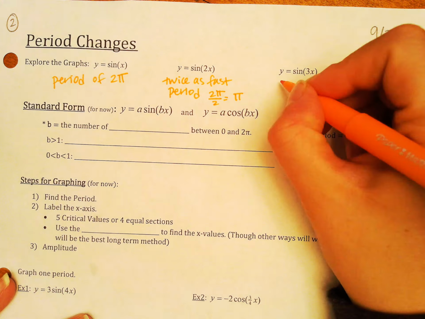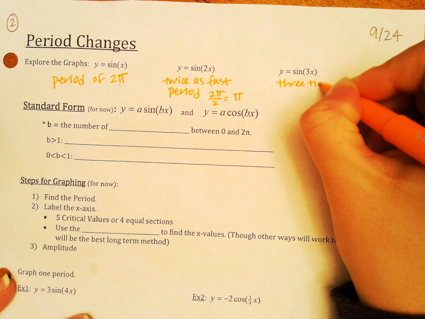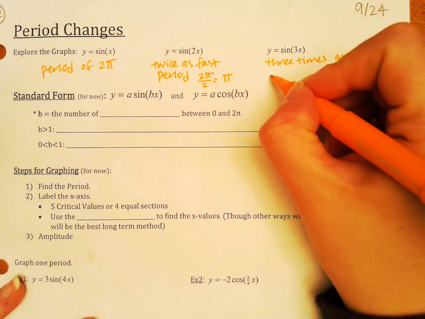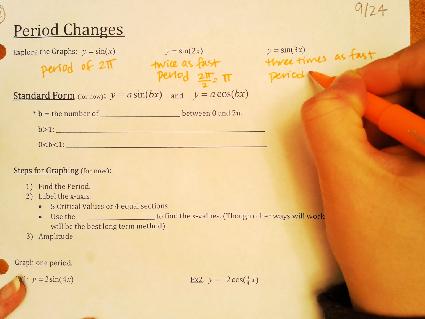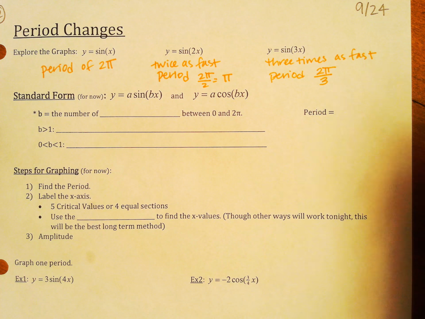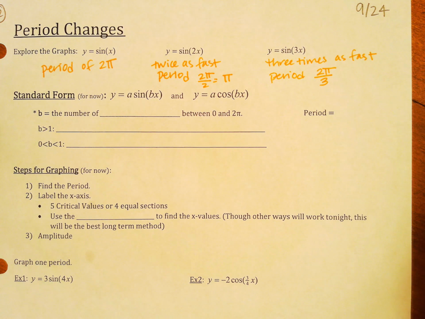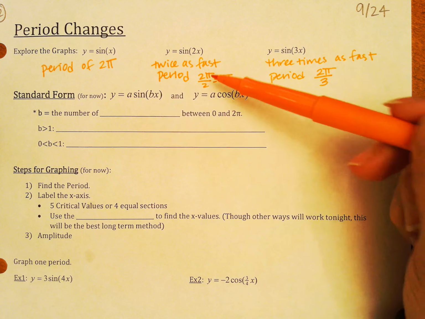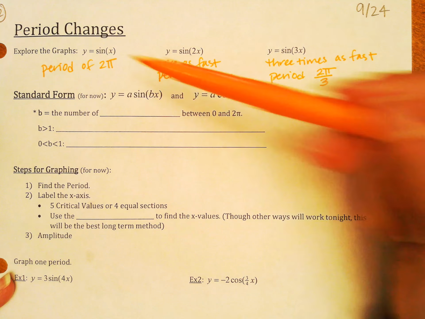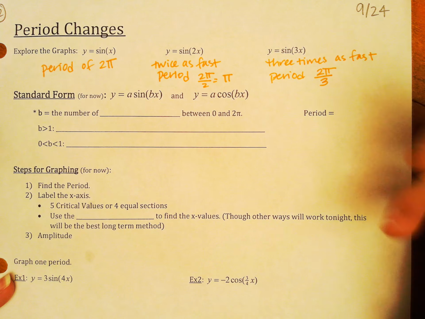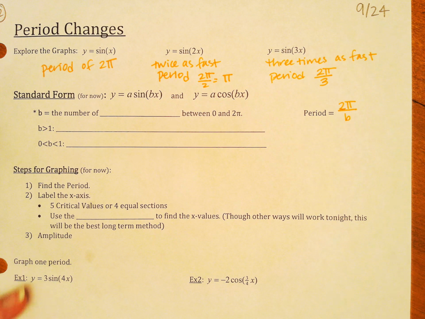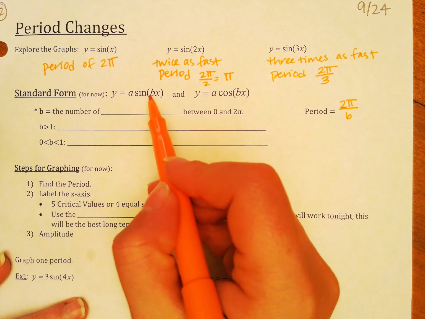And this one goes 3 times as fast, which means it completes the period in 2 pi over 3 units. So it completed 3 periods within that 2 pi. So this idea of taking the value that we have, seeing how many times faster it goes, and dividing it into our normal period is how we're actually going to get our generic form to find the period, which is 2 pi over b,